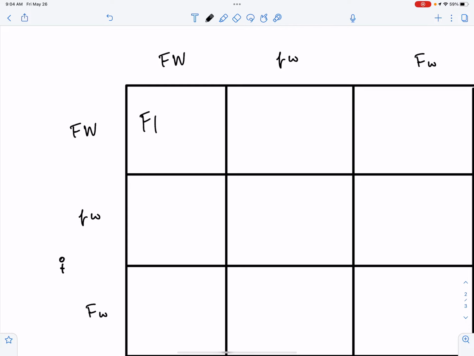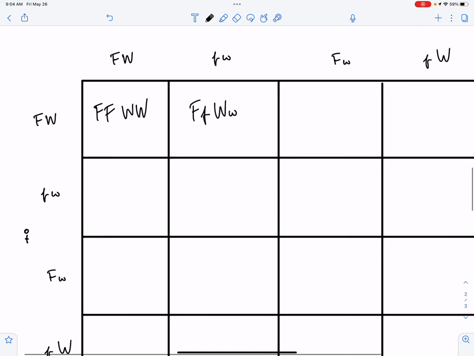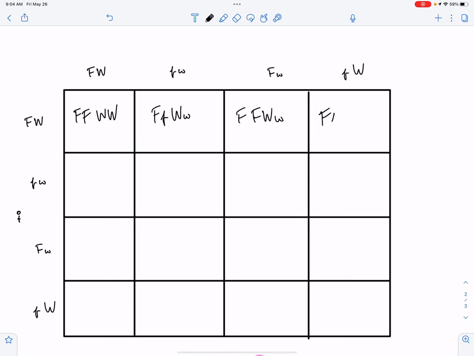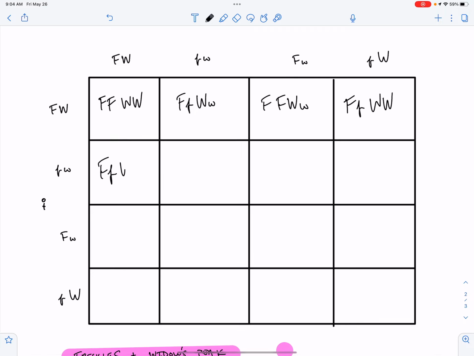It's a little bit tedious, but this is capital F, capital F, capital W, capital W. And I'm just going to try and go through this relatively quickly. Lowercase f, W, W, capital F, lowercase f. So traditionally, when we have one copy of,